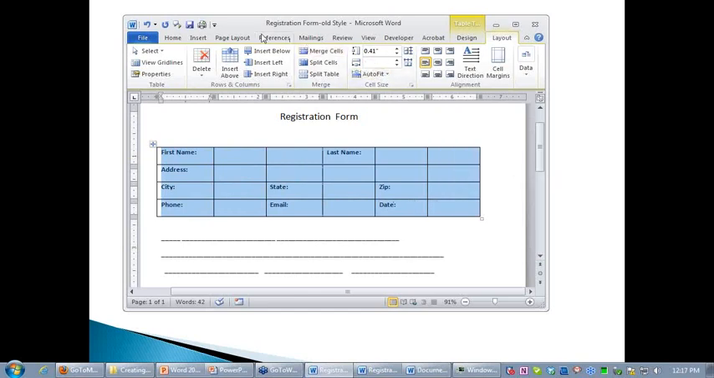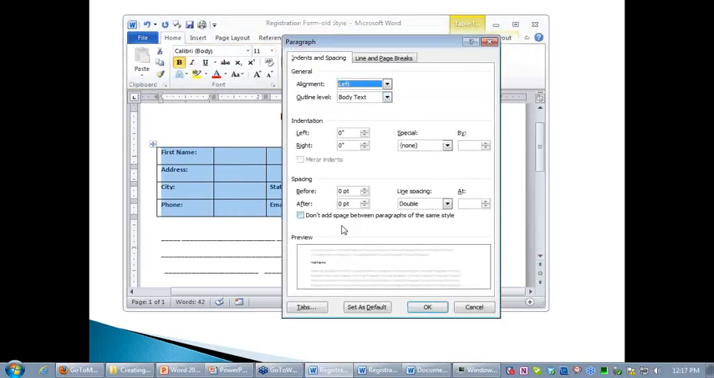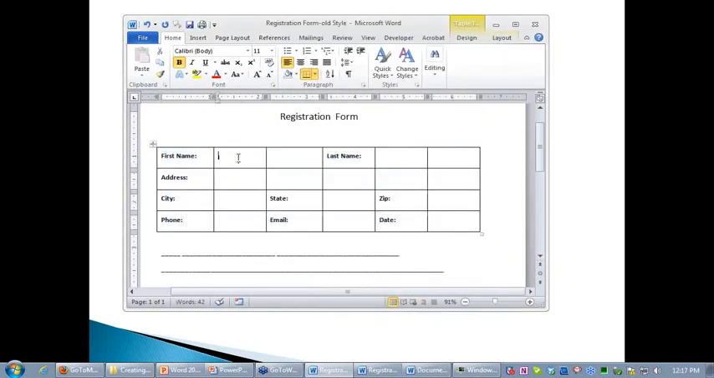Yeah, I need to center align it. So I need to go back to my paragraph and center align it. Have 6 spaces before. Okay, this is good. Okay, now for the first name,